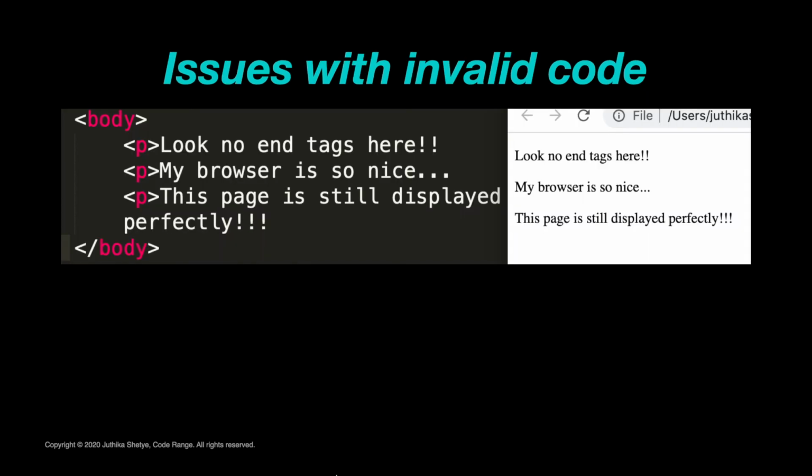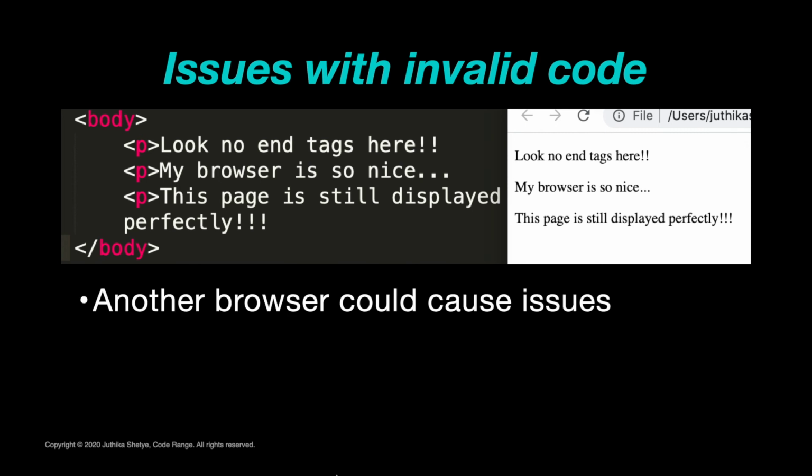Now, the problem is that the browsers are really nice to you. They usually fix bad code for you and display things neatly even if you mess up the code. But just because your site looks good to you when you're looking at it on your browser doesn't mean it's right. Some other person looking at your site from another browser might have issues accessing your content. So how do you know if what you wrote is valid? So that's where validators come in.